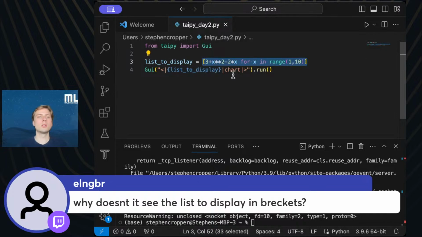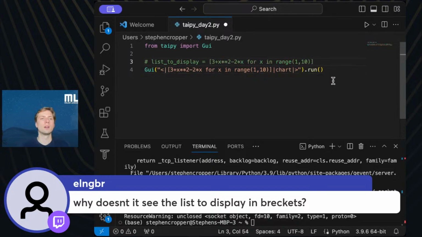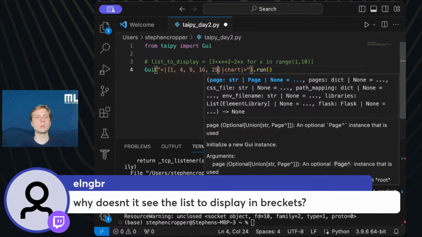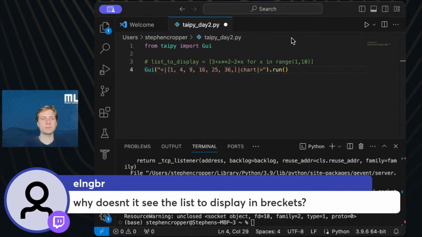So you could also alternatively write it like this if you wanted to. Actually, I think you would have to write it literally like this: 1, 4, 9, 16, 25, and so on. But you could do that.